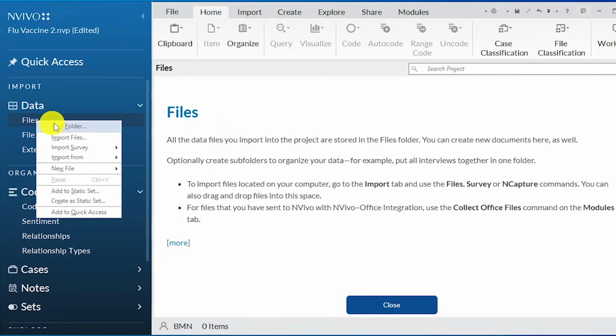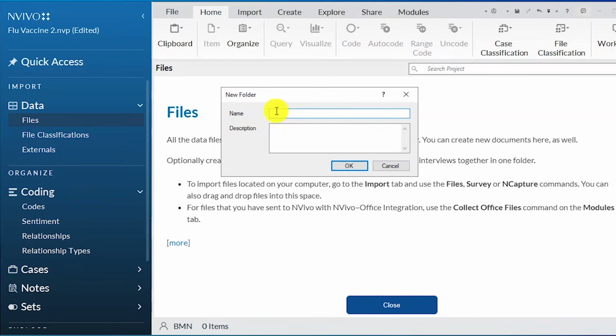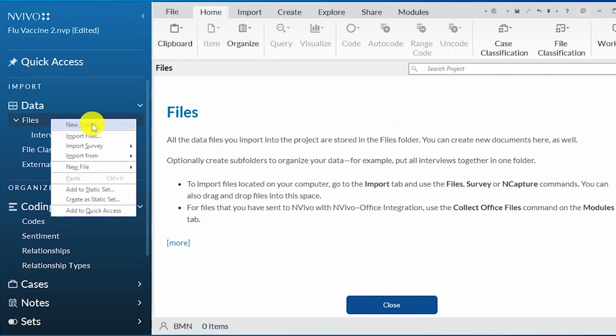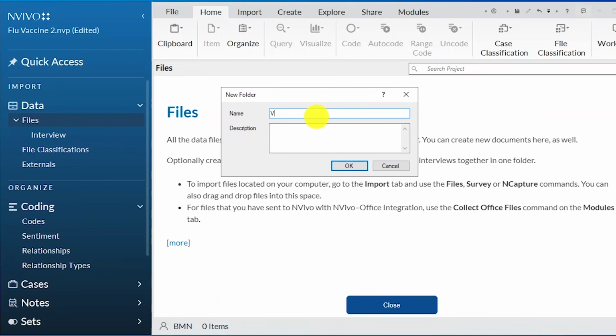folders. So we go to the file section and we right click and then select create new folder. Let's call this folder interview and we click OK. If we had data in other formats such as video, we could right click, create new folder and call this